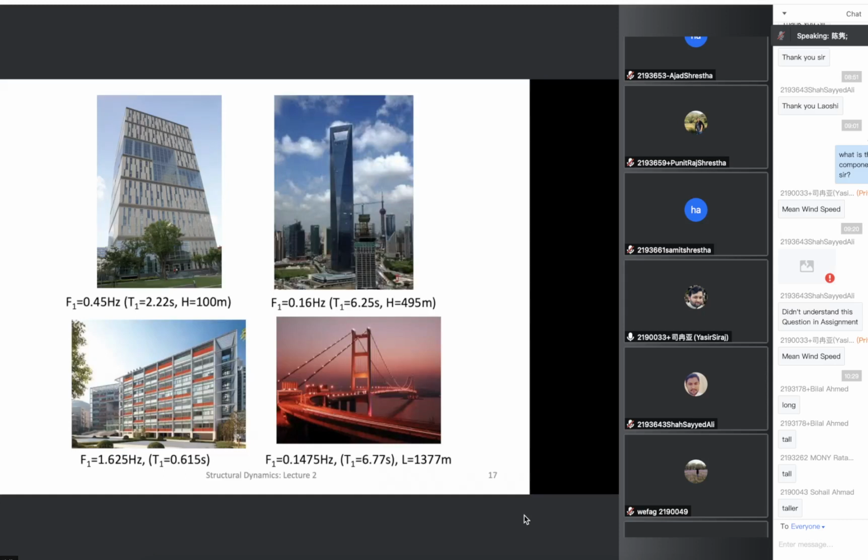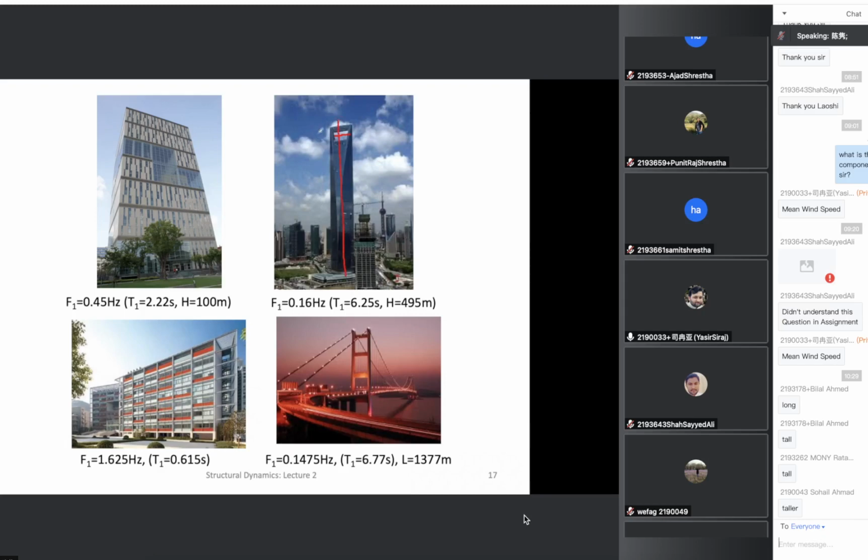Let me show you some examples. This is the tallest building on the campus of Tongji University. This building is 100 meters high, and its natural period is about 2.22 seconds. And this is a very famous building in Shanghai. Later when you come here, you can visit this building. They have a skywalk, like a sky bridge. This building is about 500 meters high, and the natural period is about